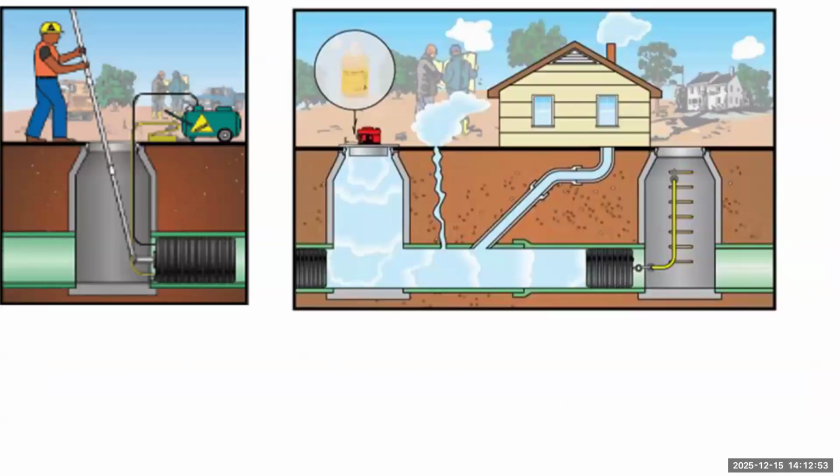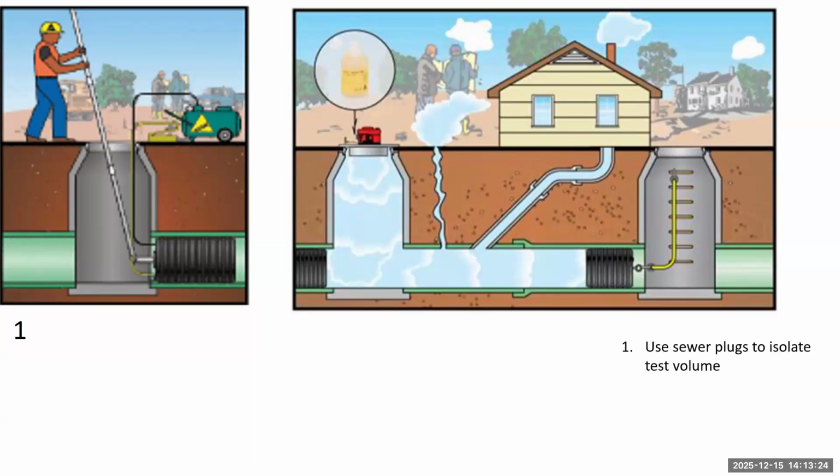To set up for a smoke test, you'll plug off a portion of the sewer. You'll use a sewer plug. These are inflatable plugs that can be placed so you can isolate a section of the sewer, usually manhole to manhole, so that when you smoke, you're looking at all the homes and the sewer line between those two manholes. And you can see that there's some smoke coming up out of a crack in that right-hand picture there.